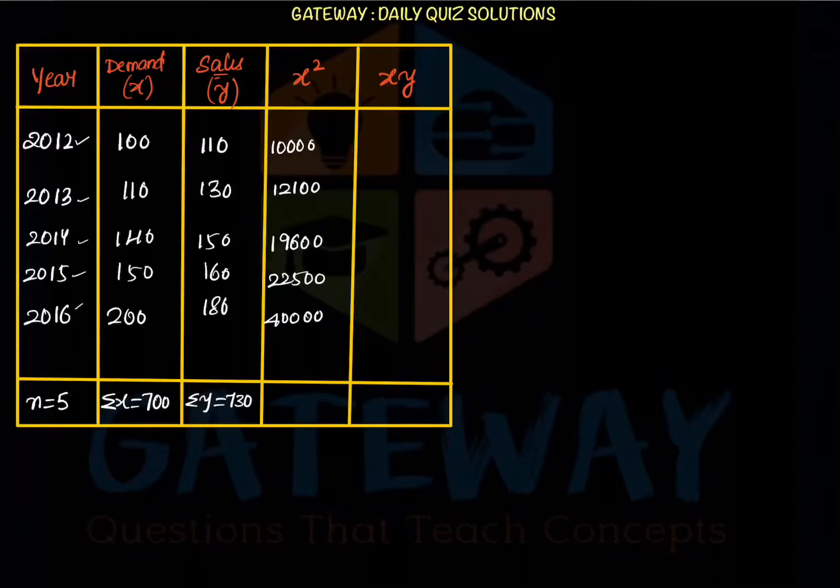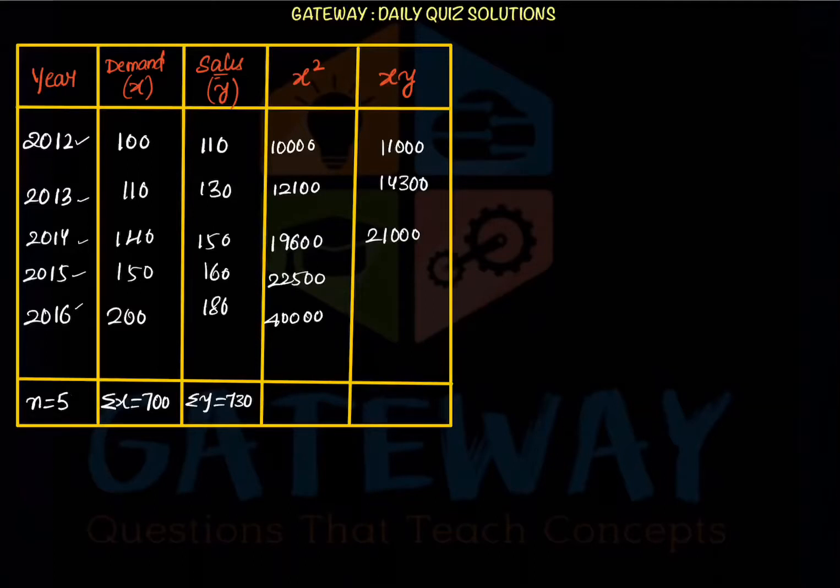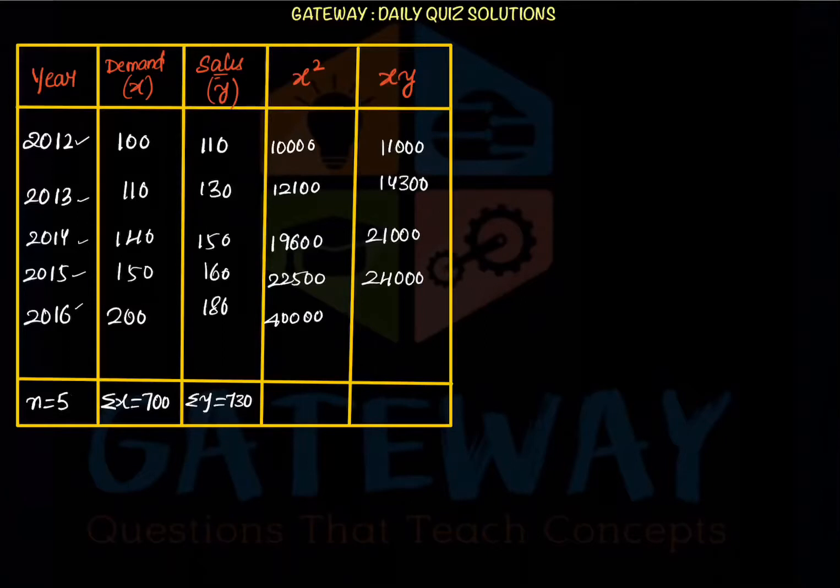And now we need to multiply x and y. 100 into 110, 11000, 110 into 130, 14300, 140 into 150, 21,000, 150 into 160, 24000, and 200 into 180,